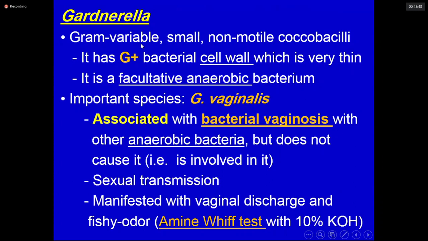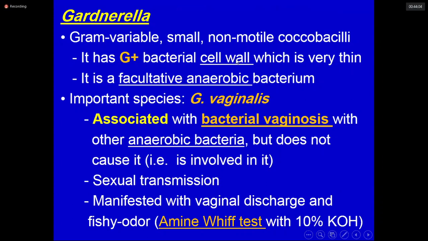Sometimes positive, sometimes negative. Small, non-motile coccobacilli. They are longer than the cocci, shorter than the bacilli. In between form called coccobacilli. It has a gram-positive